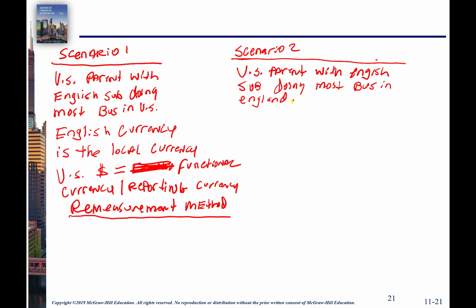So they went and acquired the stock of that English company, and now they have enough where they're going to be consolidating them in. Let's say they bought 100% of the stock, right? So what happens? We have to turn the pounds into dollars, of course, just as we did in scenario one. But the nature of the business is a little bit different. So if that's the case now, the English currency,